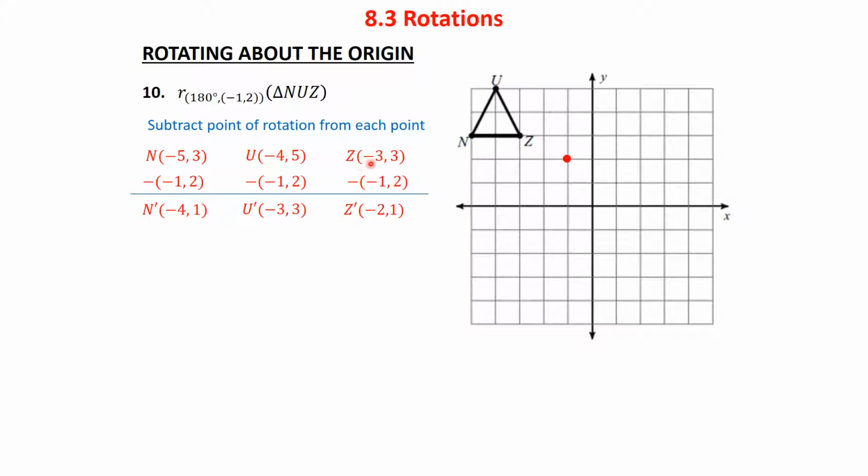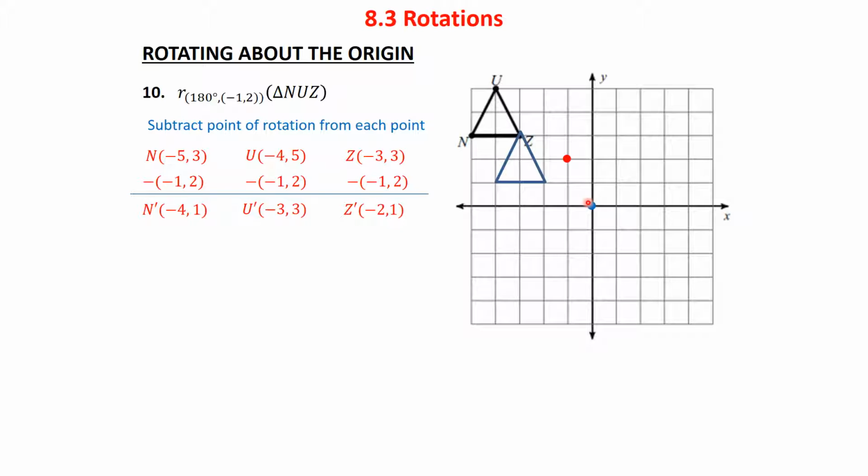Z, here I have -3, 3. I take away -1, giving me back -2. 3 minus 2 will give me back 1. So again, I am subtracting my point of rotation. I'm subtracting those coordinates from each of the vertices to give me my new triangle shifted down closer to the